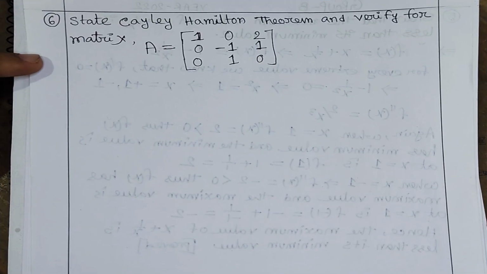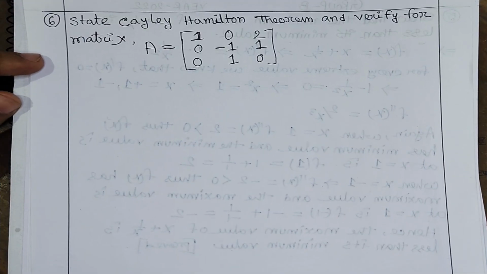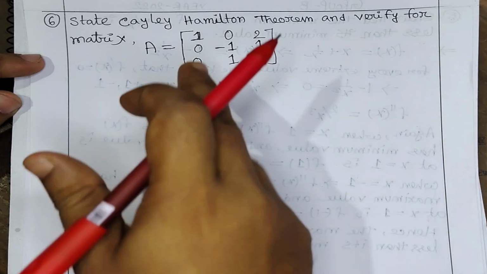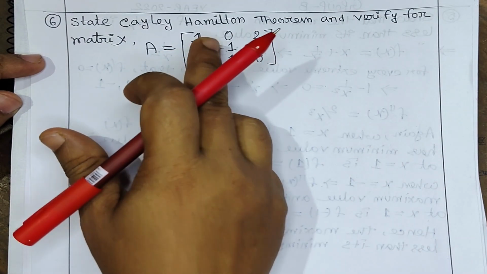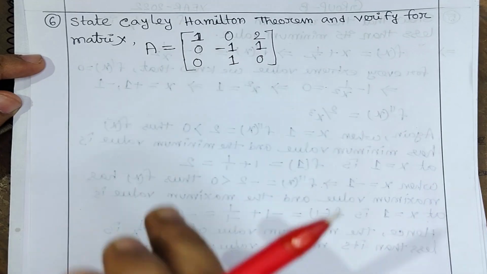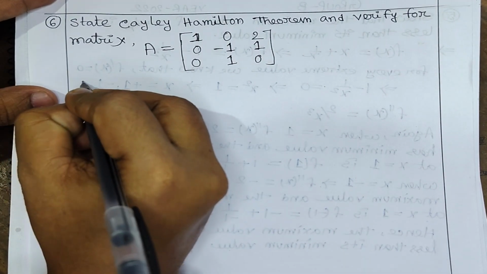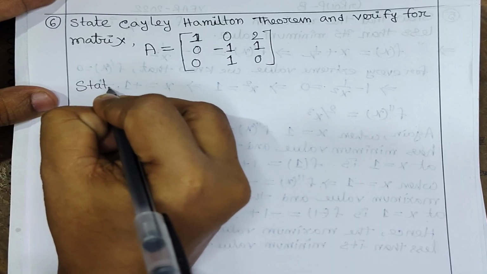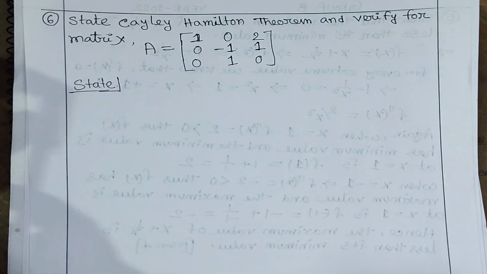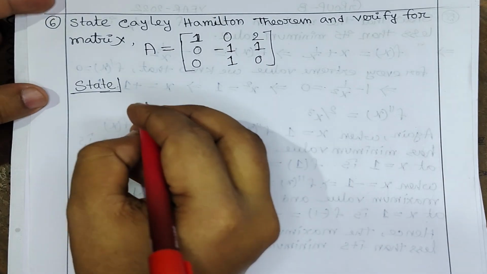Next question is: state Cayley-Hamilton theorem and verify for the matrix A, where the matrix is [1 0 0; 0 -1 1; 2 1 0]. So first, state the Cayley-Hamilton theorem. What is the statement? It states that